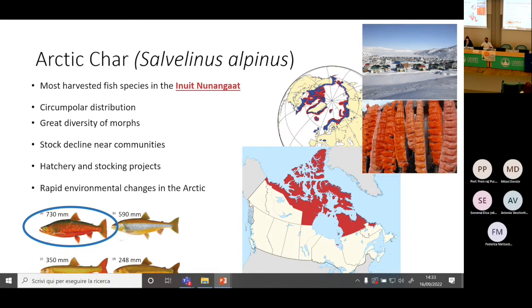and there's not a huge concern for the species as a whole, but there has been stock decline in the rivers nearest to communities. That spawns hatchery and stocking projects all over the Inuit Nunangat. And of course, we know that there are really rapid environmental changes in the Arctic, even more so than the other regions of the world. So because of all of this, we think it's an especially interesting species